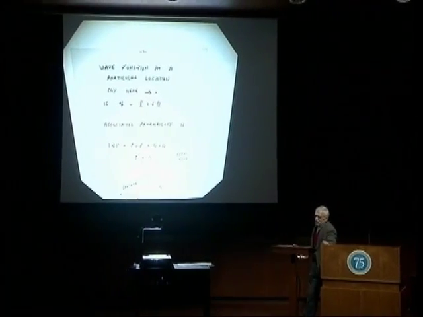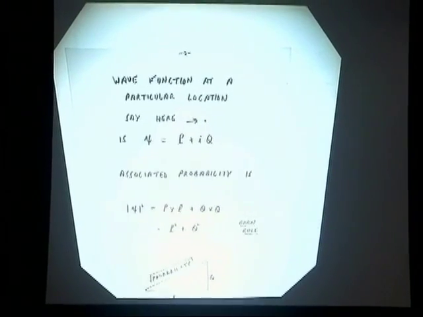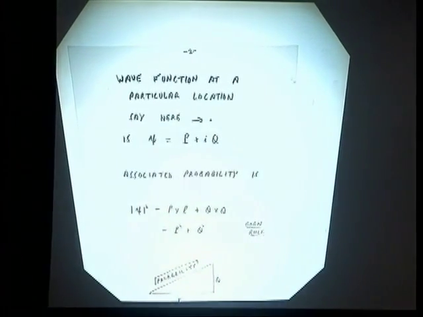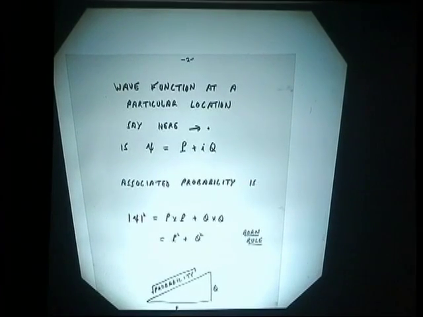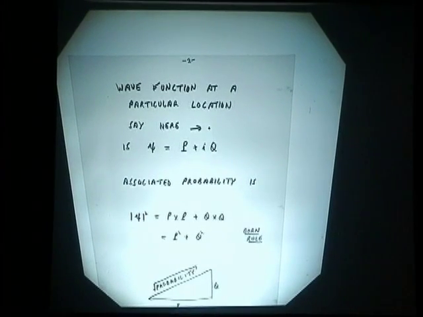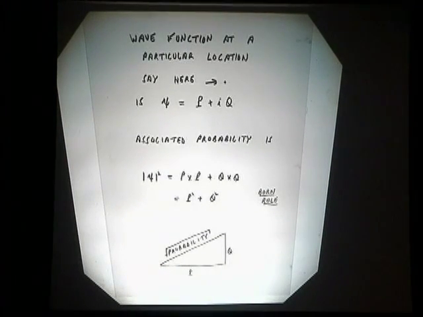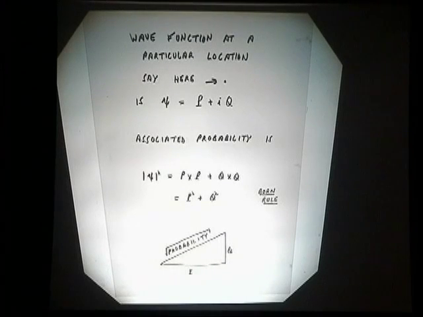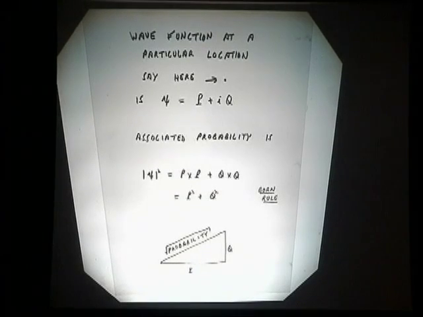So some explication here. The absolute value squared has to be used because the wave function is not a real number, but a complex number. Writing psi equals p plus iq, where p and q are the real and imaginary parts, the absolute value squared is just absolute value psi squared is p times p plus q times q, or in other words, p squared plus q squared. This is the Born rule. And if you think of p and q as being the legs of a right triangle, then the square of the length of the hypotenuse gives Born's probability.